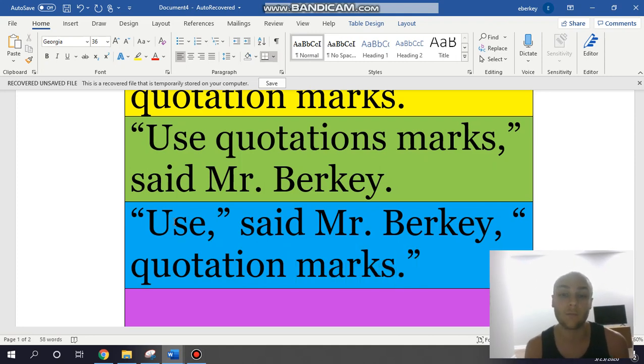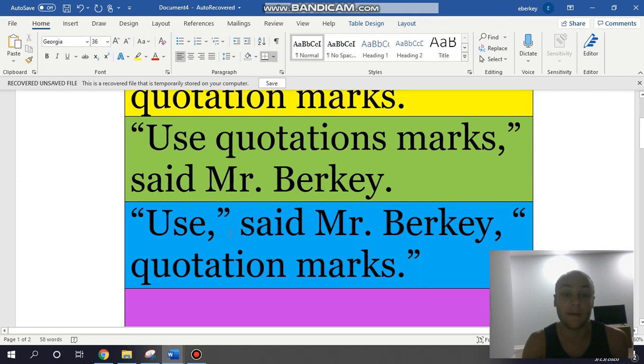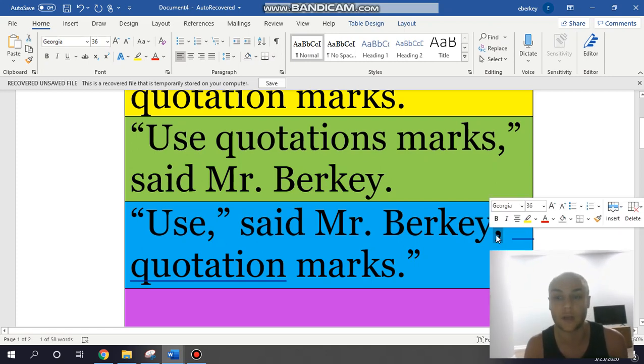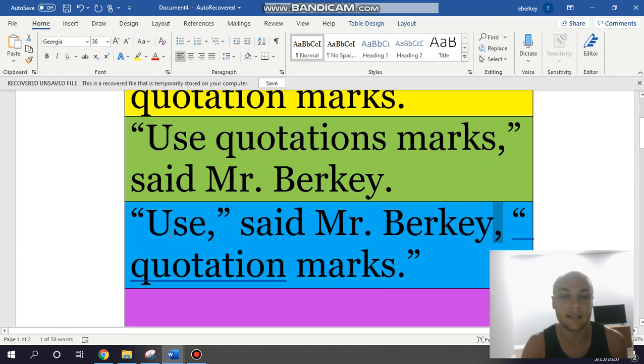This is a confusing way, and it's one that I only put one on the quiz of, because you do not normally see this. It's where in the middle, you put someone saying it, you put a comma. Sometimes this comma is also a period. It depends on what you are saying. Since this is a complete sentence, we need to put a period at the end. We put a comma here to show who is saying it. And we put another comma to show that we're continuing the quotation mark.